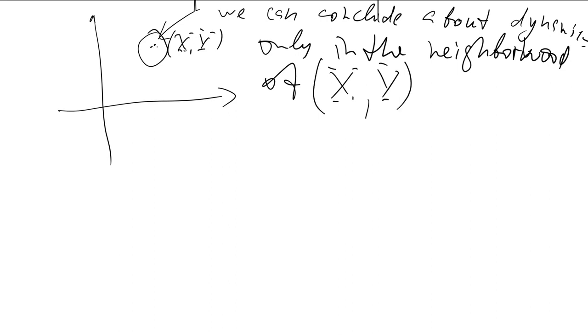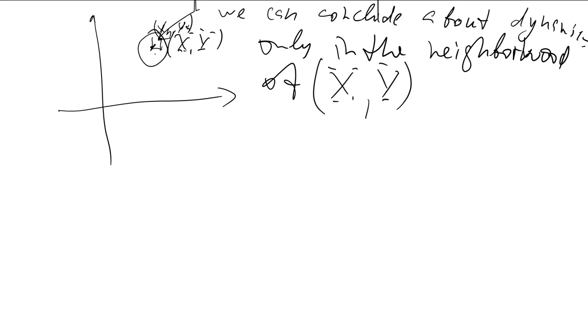So somewhere here, because any point here in the neighborhood, so this is, for example, point xn, yn, but this